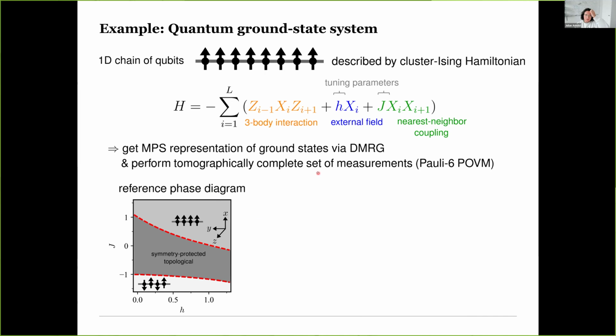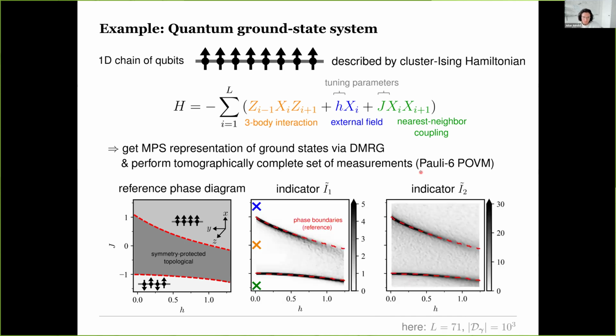Now we can get matrix product state representations of the ground state of that system via DMRG, and we form a tomographically complete set of measurements. So in this case, we consider Pauli 6 POVMs. And based on this MPS representation, we have direct access to the measurement statistics underlying the system. So we have all of the generative models we need to compute our indicators I1 and I2 in a generative